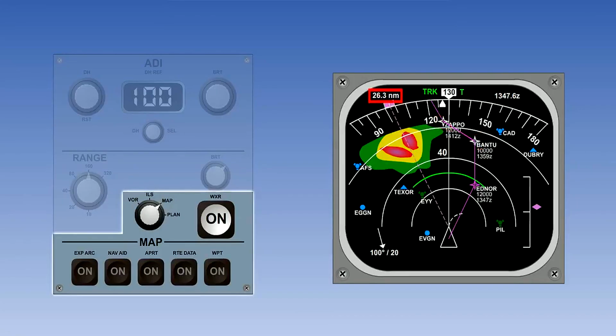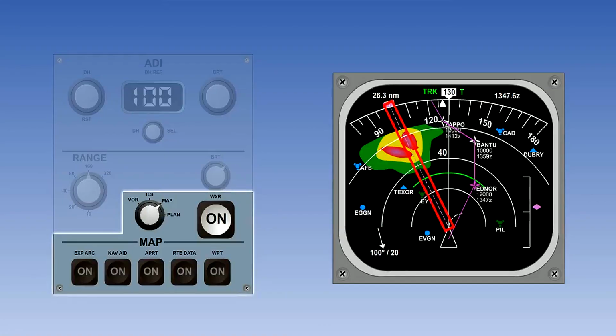The distance to the next waypoint is shown on the top left of the display screen, and the computed time to the next waypoint is shown to the top right of the screen. Computed times are also shown adjacent to the other en route waypoints. Weather radar can be overlaid as we can see in the example here, along with the now familiar display of instantaneous wind strength and direction in the lower left-hand part of the screen.